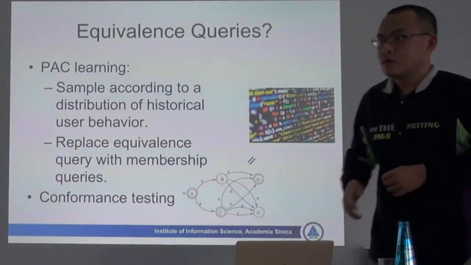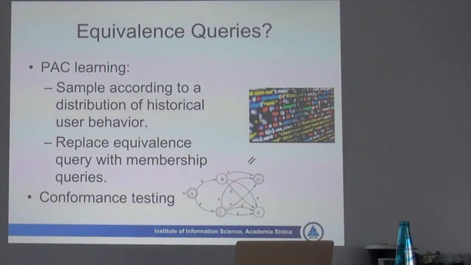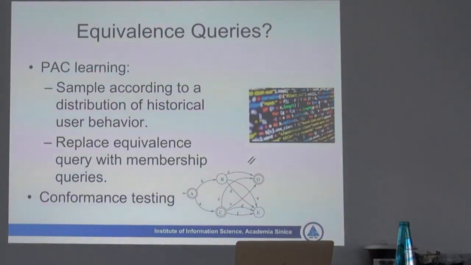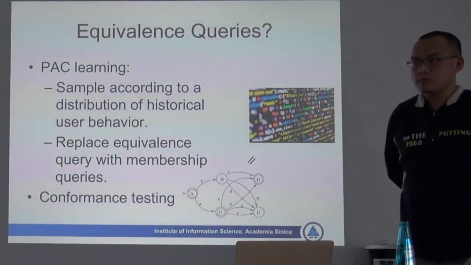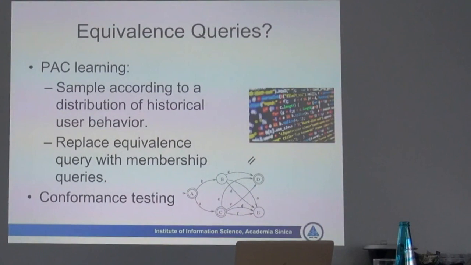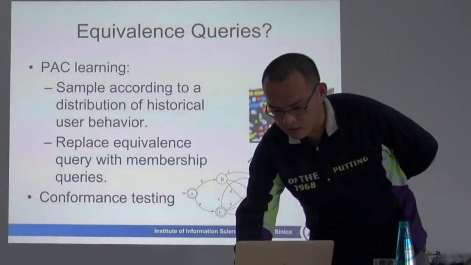So let me rephrase it this way. For example, for autonomous driving, when we want to check if the learned model is equivalent to the system, which is a black box system, we can never really run an equivalence query. So we have to create some samples based on some distributions, and then we are still able to get a probabilistic guarantee over the relation between the learned model and the illusion model. Maybe you have some log file or some kind of historical user habit. Good. Yeah, so there are some possible ways.